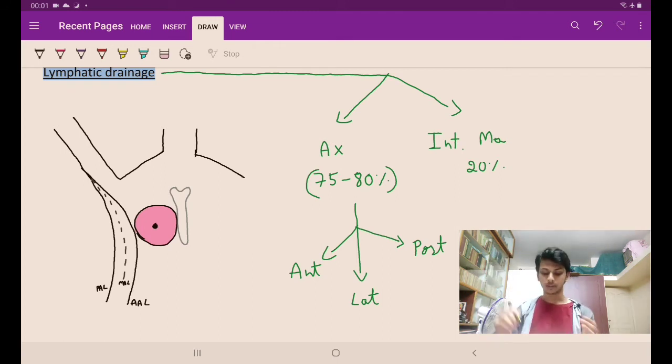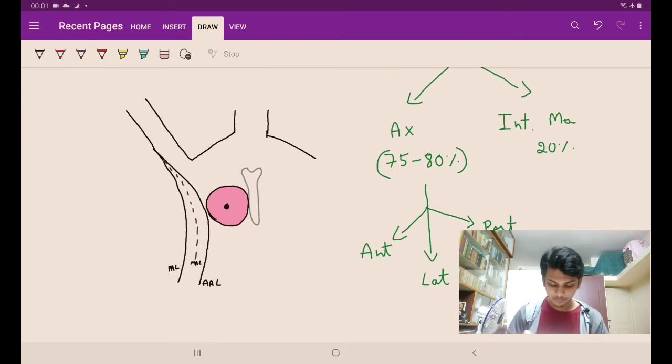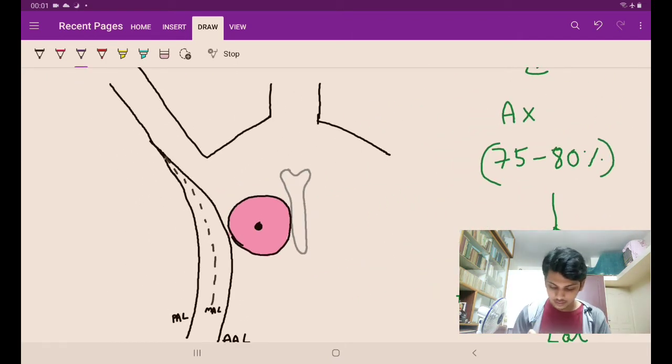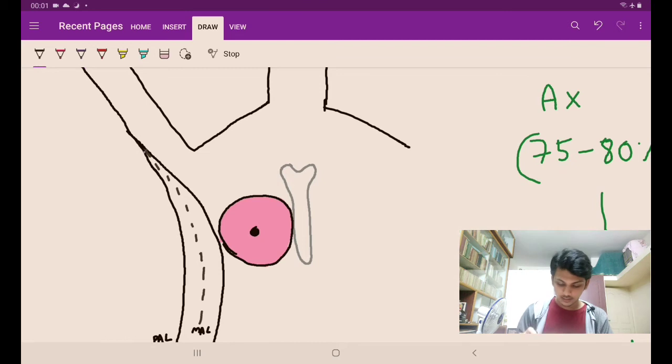Axillary group, internal mammary group. So in the axillary group there are three; I'll just draw and show you. See here, guys, this here is the sternum in the center, and there is